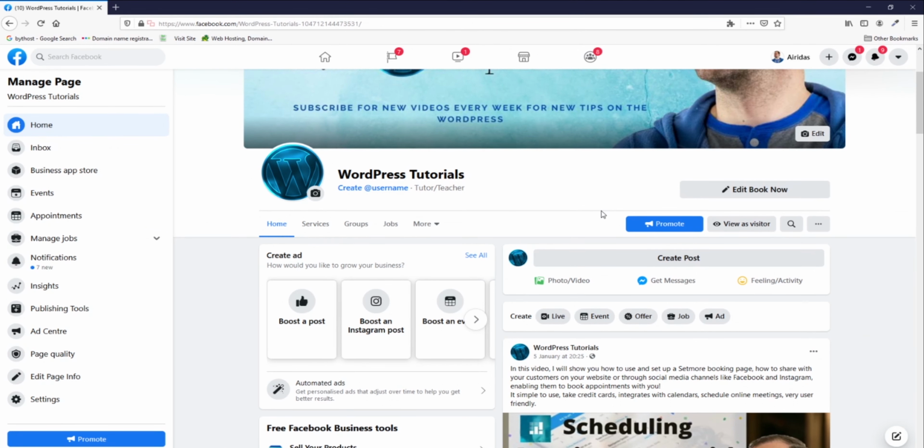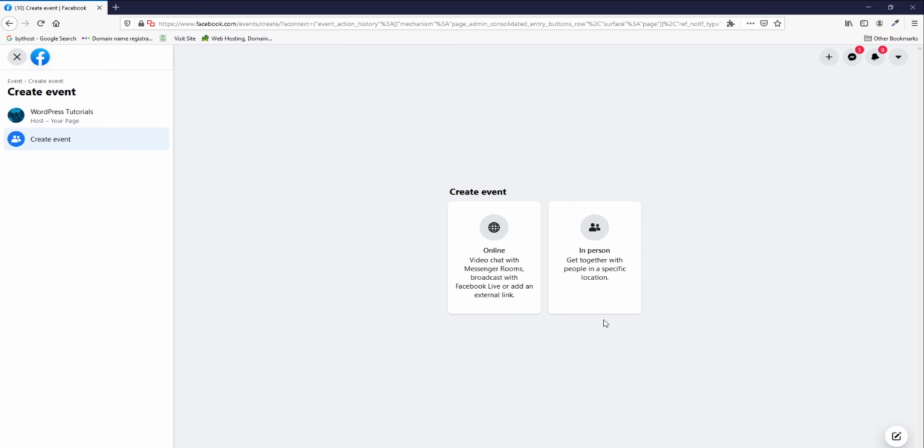So let's begin. First thing, if you want to embed the live video on your website, you have to go live or create an event. My suggestion would be to do the preparation work before you go online. Just go to create first event, press online, and then fill in all the information, what you're going to be doing,